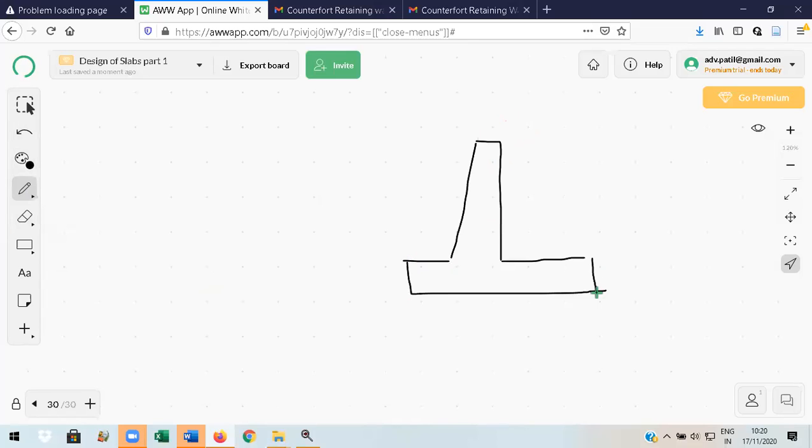Now you observe this. This is a cantilever retaining wall. See how to differentiate between these two. Observe here. See this, when you see this difference in thicknesses at the base and at the top of the stem, you can see there are three components here. In case of a cantilever retaining wall,